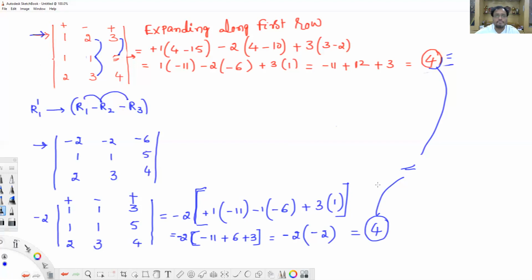So from this, what is the conclusion of this theorem? What I'm telling you is, in property number 7, you have the freedom to add rows. You can subtract rows, or similarly you can add columns. You can subtract columns. You can multiply every element of any row by any same number, and the result can be added to the corresponding elements of any other row or column, and the value of the determinant is still the same.